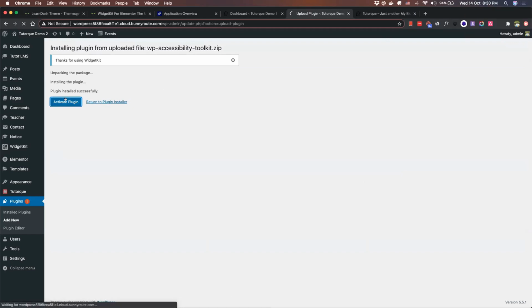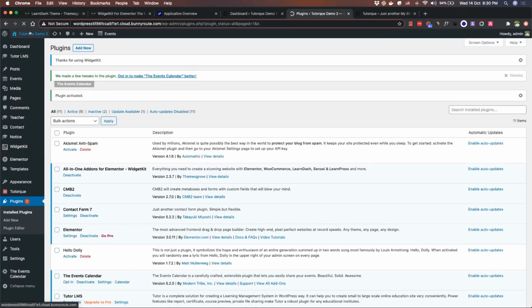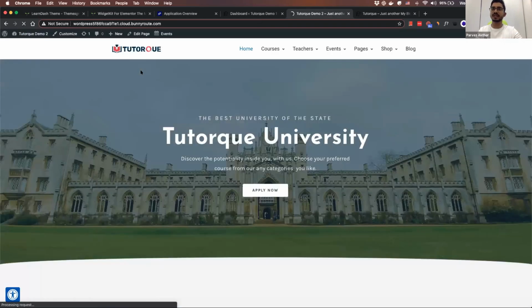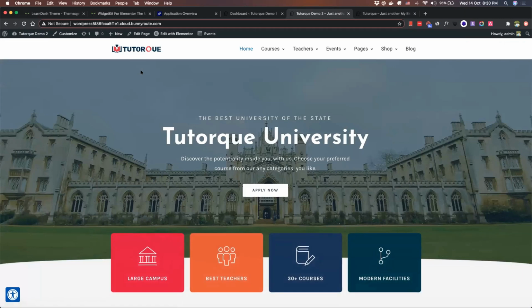Okay, so activate the plugin. Cool. Does this plugin only work with the Tutorque theme, or does it work in general? It will work with other themes as well, but right now we have built it with just the Tutorque theme in mind. Sure. So you can see it has